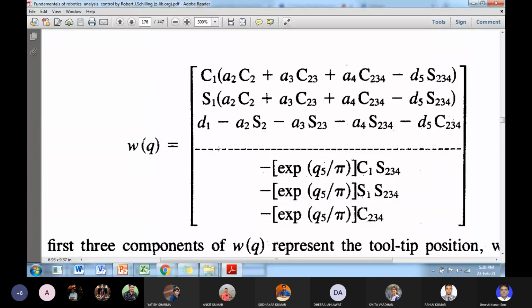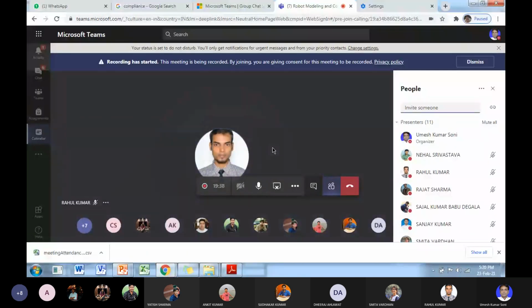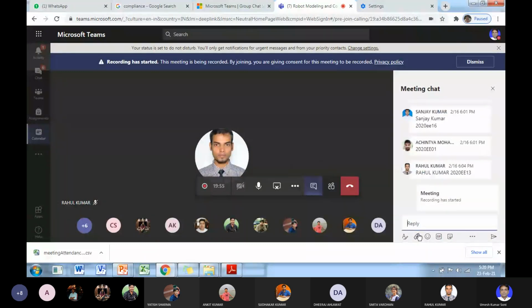So you note this WQ and you determine the derivatives of. Yes, this may be the problem of connectivity issue. So how can this be solved? I will try to connect and disconnect once more. I will say something in the chat box. You follow that.